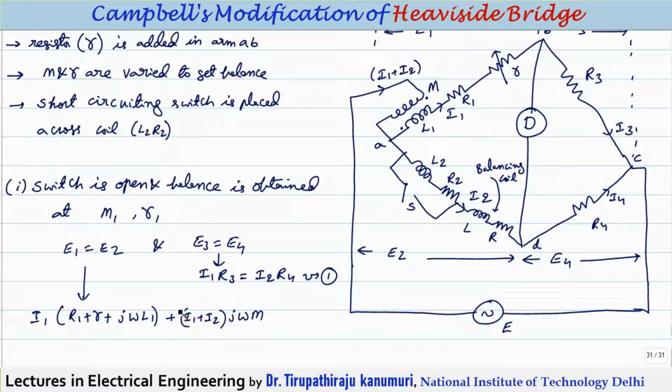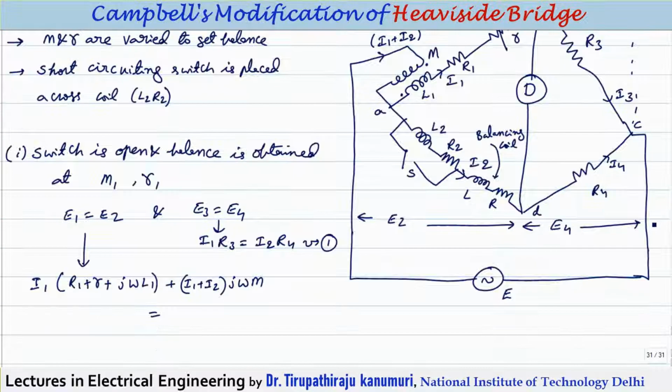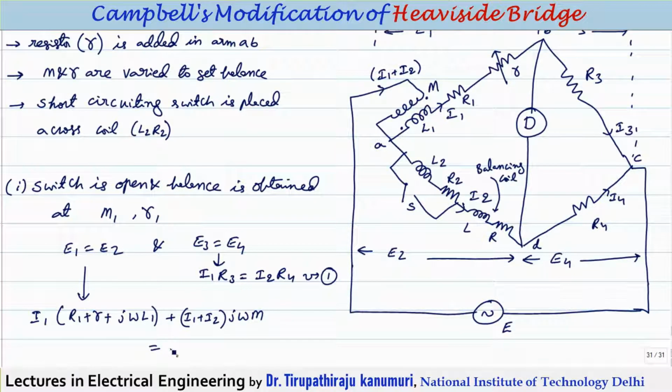That's why we are taking the plus sign here. If current is entering in one coil and leaving in another coil, then mutual inductance will be minus, so we have to add it here as minus. So if you are taking the second side, the second side equation will be: current passing through that is I2 into R2 plus R plus j omega into L plus L2. Agree with me? So this is the current that is passing through the second one.